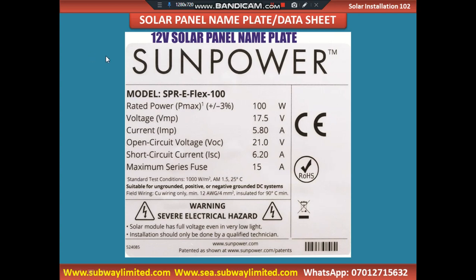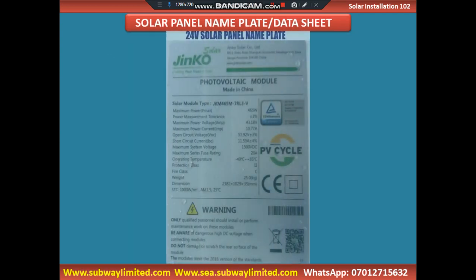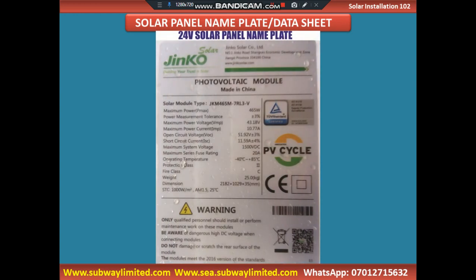This is a 12-volt solar panel nameplate. It's a SunPower product. We are going to do justice to the nameplate of a 24-volt solar panel, so that you will comfortably understand what differentiates a 12-volt solar panel from a 24-volt solar panel. And with this understanding, you will be able to make wise and informed decisions when you are designing a system